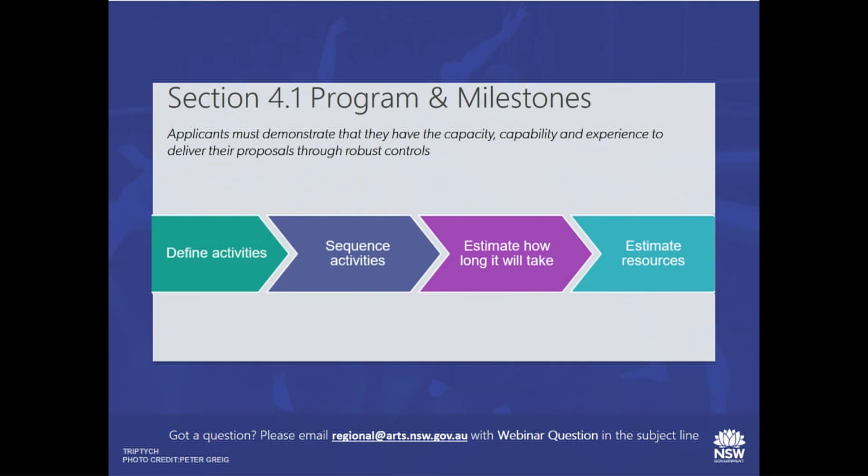So moving on to the next section, which is milestones. This is an important section, and one of the key points I made, I think it was in the first section and I reiterated it in the second section, was about the differences between the expression of interest application and this one. The expression of interest application focused lots on the idea. There's lots of questions around the idea and what it means and what are you going to achieve, and that's still important here, but where this particular application is heavier is in the planning and in the budget areas